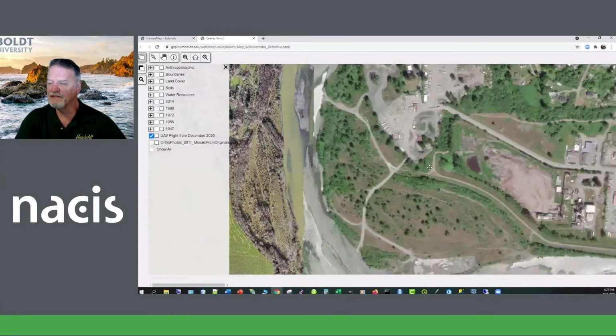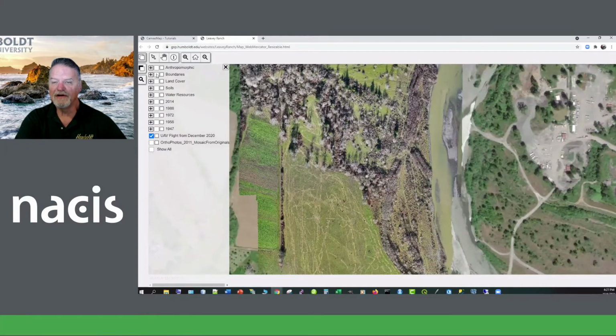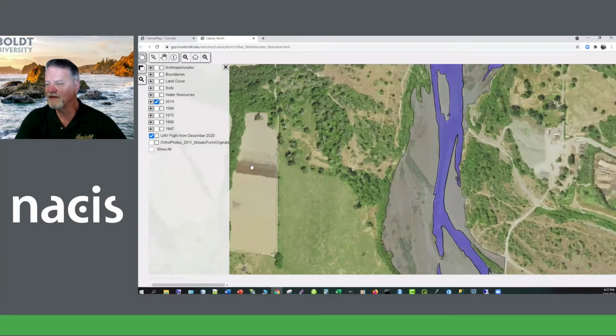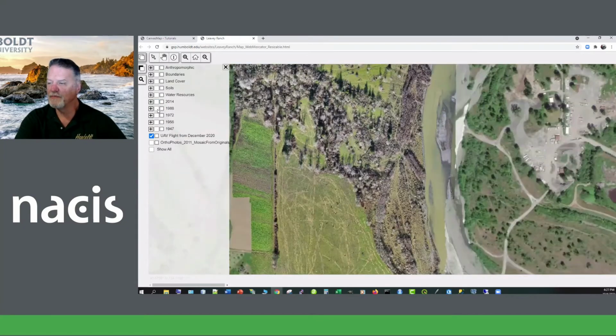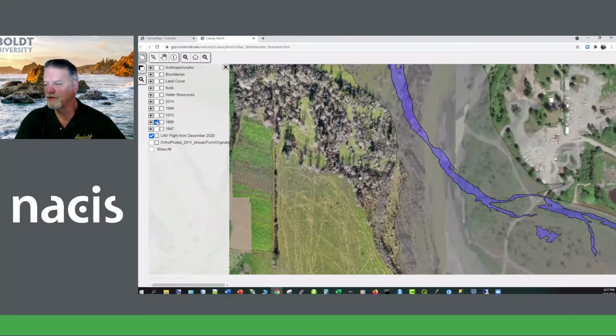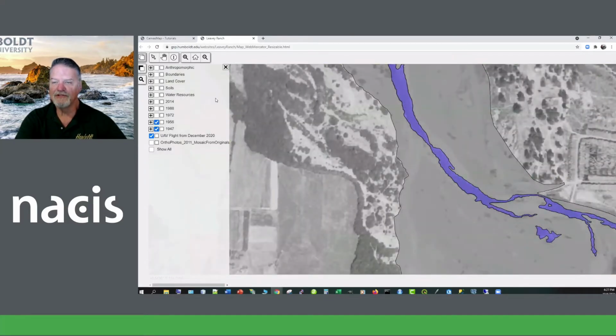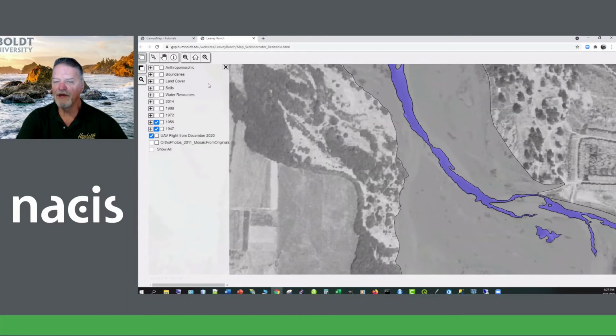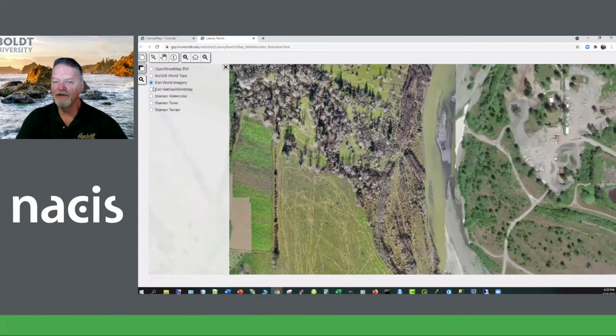The really fun part of this is you can go in and see all kinds of different layers: land cover, soils, water resources, but also imagery and digitized gravel beds and stream layers from different decades, based on different aerial photography that was available. This is also showing the structure for the CanvasMap graphical user interface, where you can click to control the layers that are displayed. There are also different background layers that you can use,